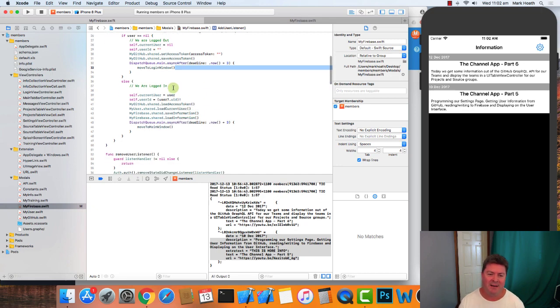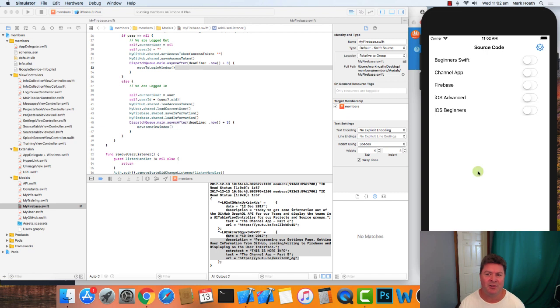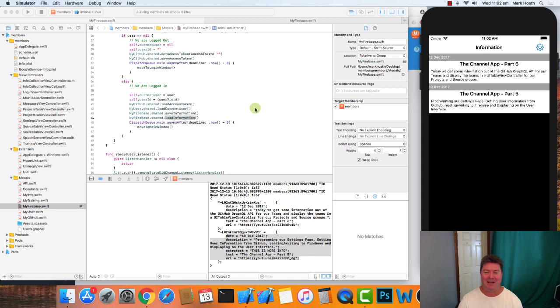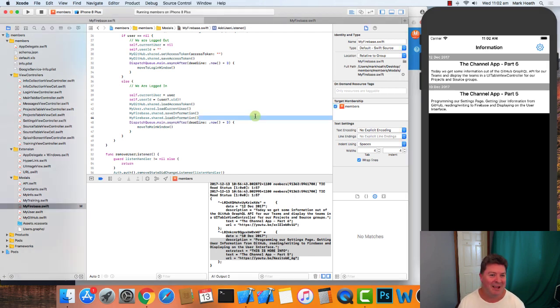Now, if we're logged in, you may recall in either the last or the YouTube tutorial before, I told you if you're really quick and clicked on source, all of these would be empty because this load information was taking too long. I said I'd fix that in a later tutorial, and that's what I've done, but I've fixed it in a terrible way, because this is what's basically called a race condition. What you're supposed to do is wait until all of that data comes through, and once all that data has come through,